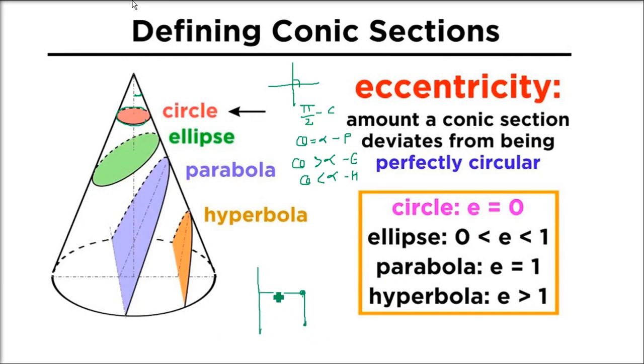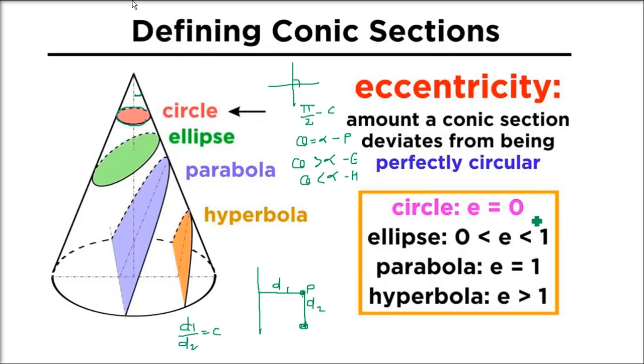So the point has a distance from a point and a distance from a line. Please remember, these two distances, if you take the ratio, will always be constant. That is, this d1, the distance from the line, divided by the distance from the point, or you can take it the other way. This ratio is called the eccentricity.